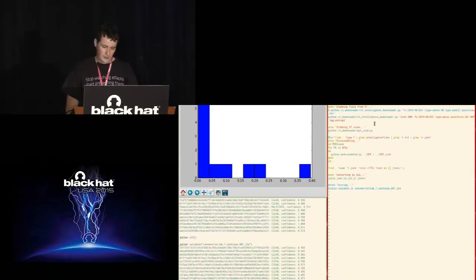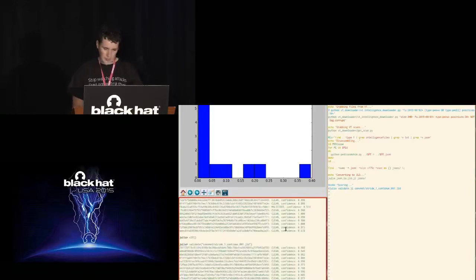Then we're going to grab some scans so we can see how this model compares to industry. And we're going to do some stuff that throws out samples that are .NET, for example. If we disassemble a .NET sample, we only wind up with one instruction, so there's not much useful stuff the model can do with it. Then we're going to convert it into a thing that Julia, the programming language I implemented this in, can understand. And then we're going to score it.